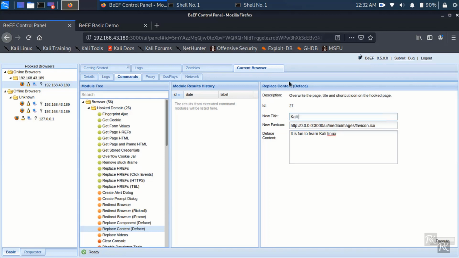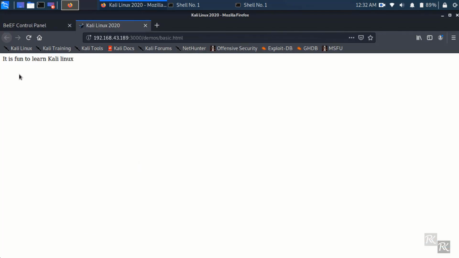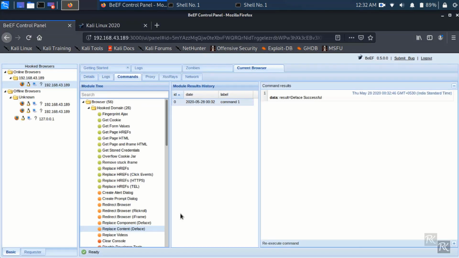So I am changing the title to Kali Linux 2020, and if you want to change the IP address you can change it, or keep it as it is, and then just execute it, and we will see the result. Now on this web page you can see the result, that it is fun to learn the Kali Linux.